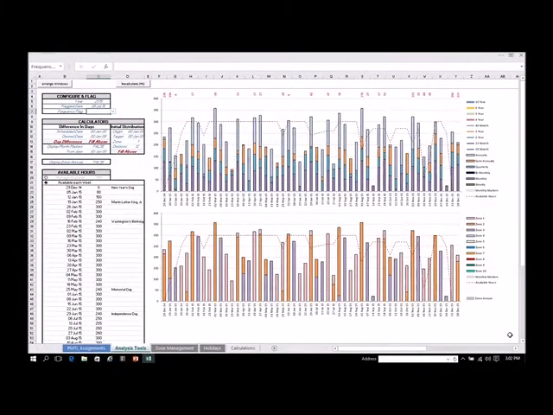Since the last segment, I made some subtle adjustments to the schedule. I just took some of the peaks that I saw and shifted their dates a couple of days in either direction to bring this schedule into a more proper balance. This is still not a realistic balance. It's just for demonstration purposes, but it's a lot more achievable, especially as you'll see once we get done with